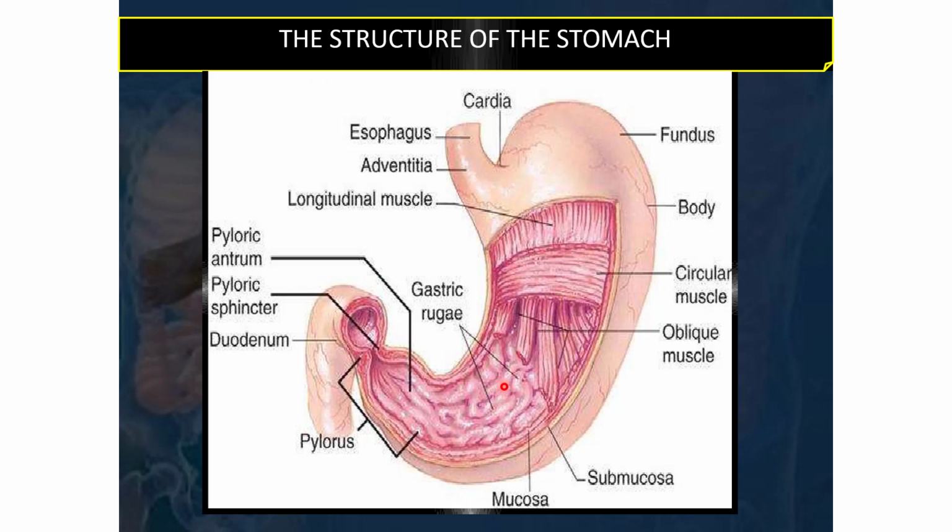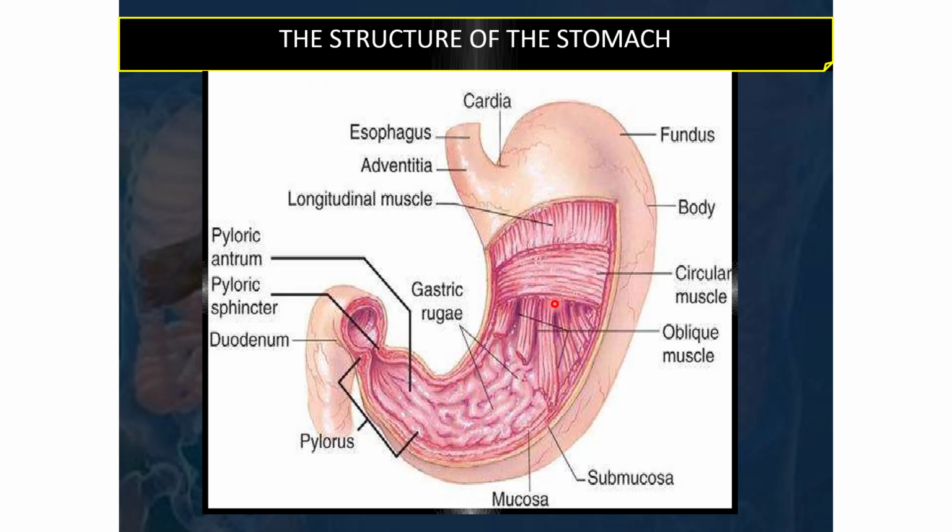And when we reach the most inner part, that is when we cut the stomach and see the inside of the stomach, we will find these folds, and these folds are called the rugae of the stomach, and these rugae point and propel the food towards the pyloric sphincter. Whenever the stomach is empty, lots of rugae are visible and they are in a constricted state, but whenever food enters, the stomach starts to expand, and these rugae get stretched out.